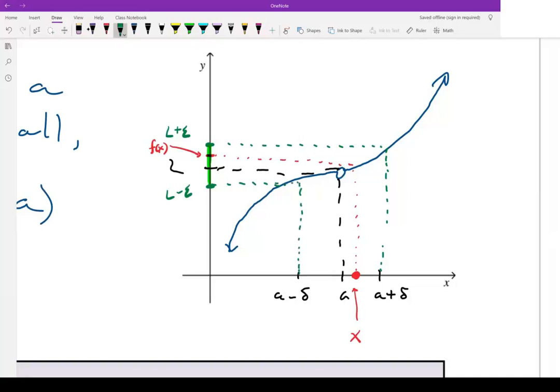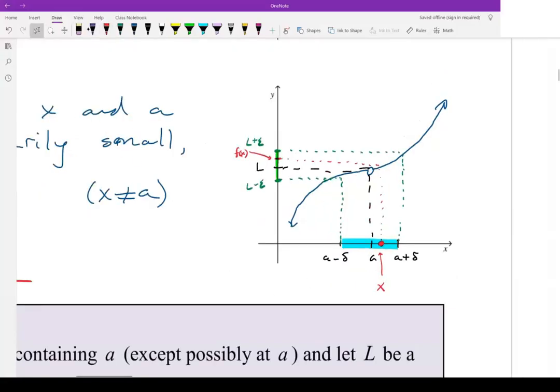I'm guaranteed that no matter how small I make epsilon, and when I say that, think about squeezing these in further, there and there, imagine they're getting closer and closer to L. No matter how much I squeeze those in, as long as I have an f of x inside there, I'm guaranteed that x will be in this blue neighborhood around A. I may give you guys a visual on this in a little bit, but the